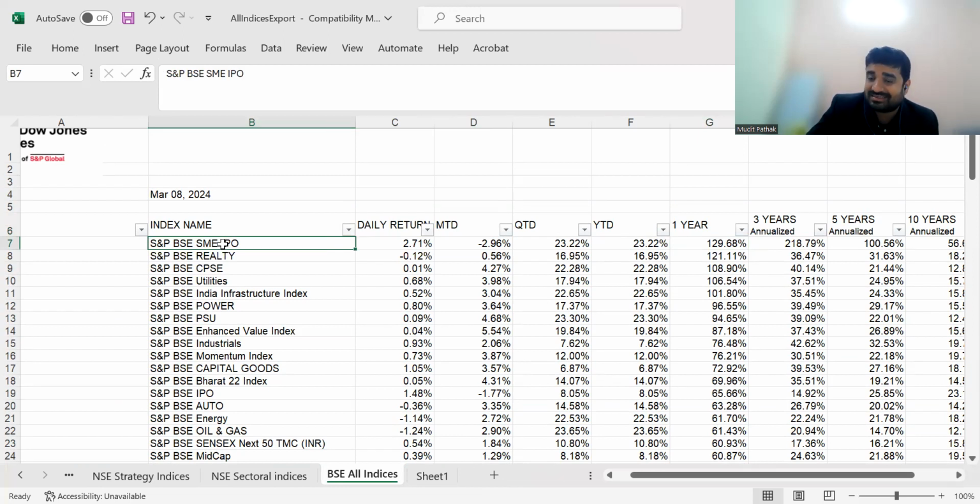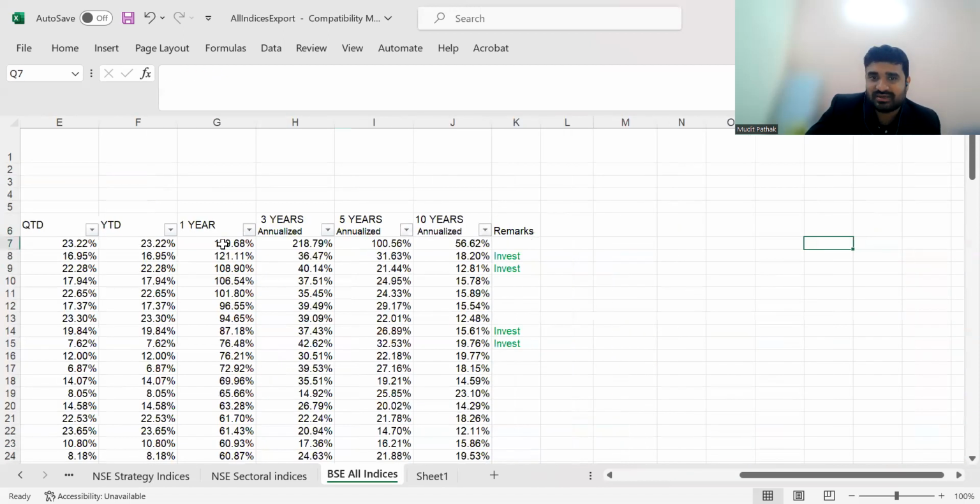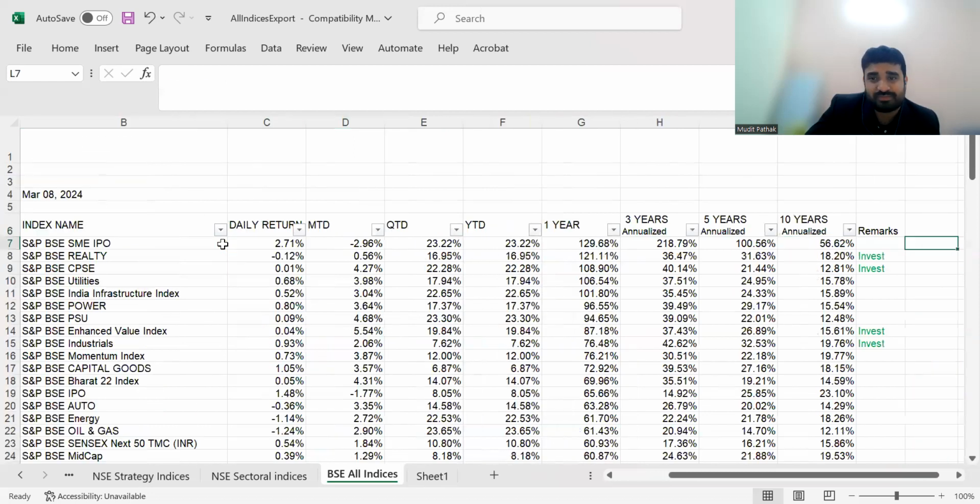So this index again 130% return. But I didn't find any ETF for this, so I'm not invested. Please let me know if you find any ETF which works on this. Although, whatever index I have listed over here, you can replicate that index by buying stocks in that ratio from the fact sheet of the given respective index, be it NSE or BSE.